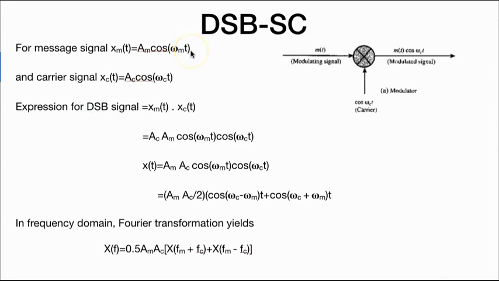DSB-SC signal, moving further, we have calculated the DSB signal already, and now if you are calculating a DSB-SC signal, you can see it's AMAC by 2 cos omega C minus omega M T plus omega C plus omega M T. That is, it contains only the sidebands. Kindly look at the steps that have been explained over here very clearly, and further, in the frequency domain, it will be represented by X F M plus F C plus X F M minus F C. So that will be the whole